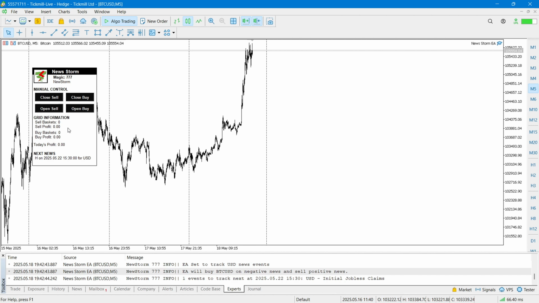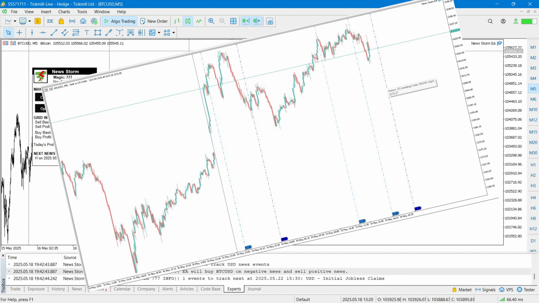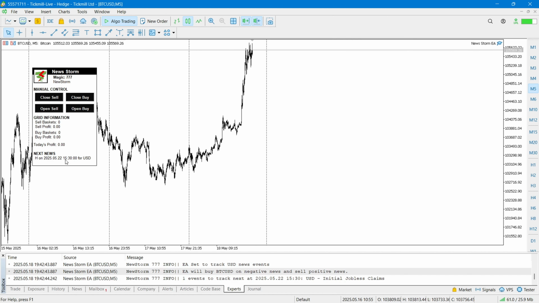As I said, you have the panel here, with the basic information inside, the profits that you had, and when the EA will trade on the next news. Here my next news will be on 22 of May. Unfortunately, I cannot see it on my screen here because it's the maximum zoom out I can do. But usually you have a dotted line that marks when the EA will start trading,